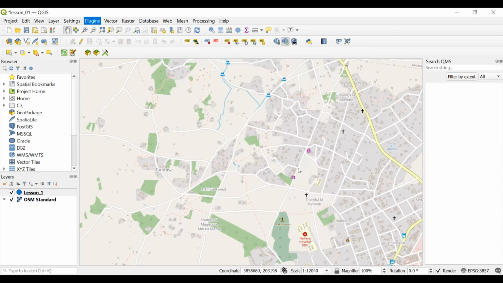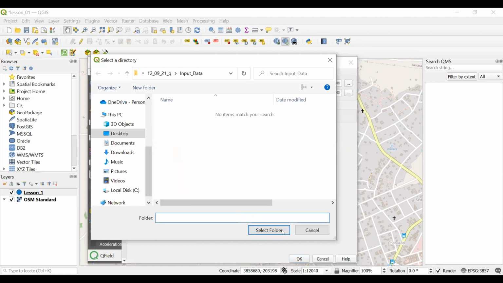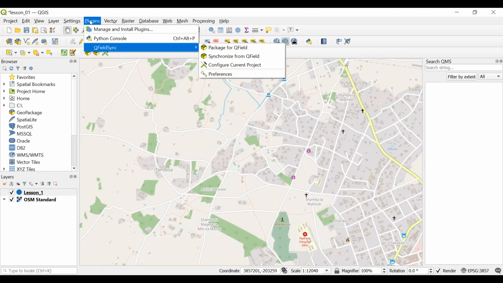Just repeating this because I think I've messed up somewhere. Checking if everything is okay now. Input, okay, fine. And this is this, okay, fine now. And then I'm gonna apply. It's gonna take also some seconds. And then I'm going to plug it,